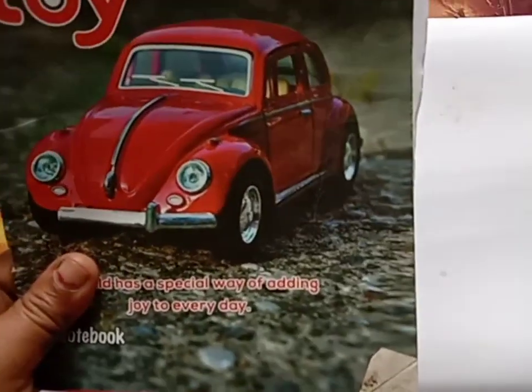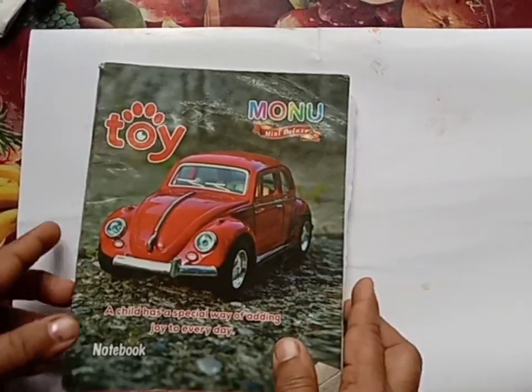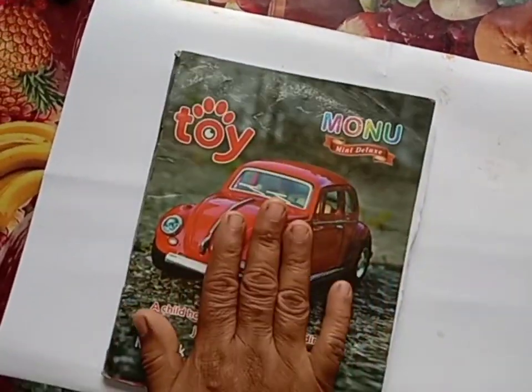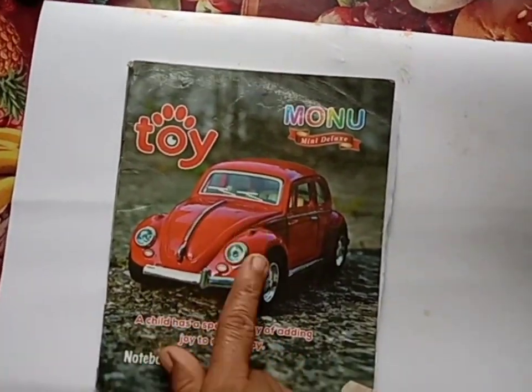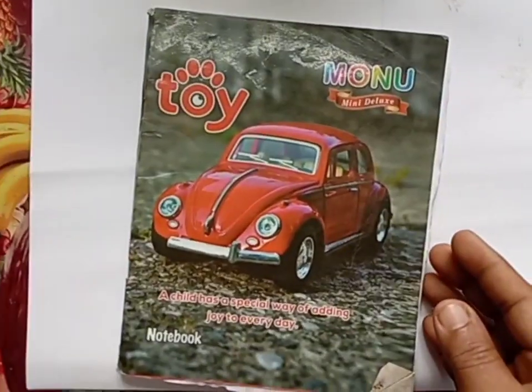This is a book on the table. Now we can see a book on the table. What is this? This is a book. We have done many activities as part of learning. Today we are going to do another activity, that is picture reading.